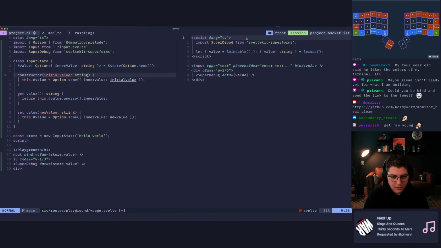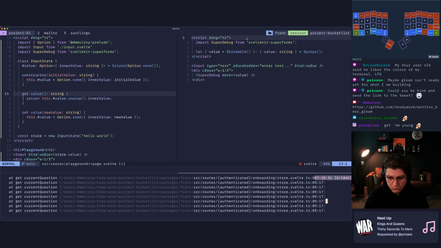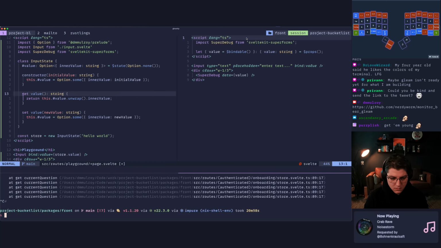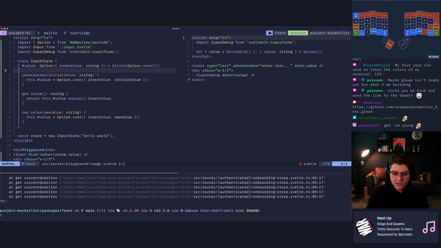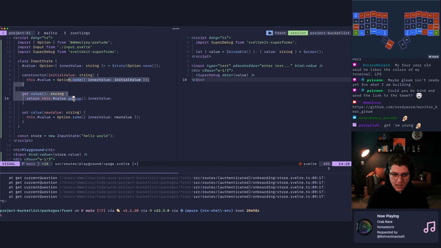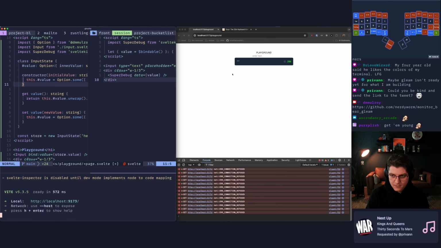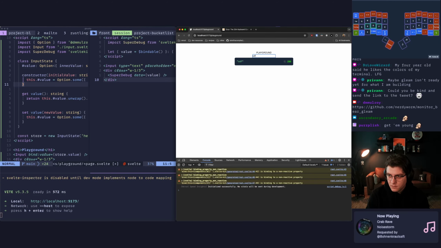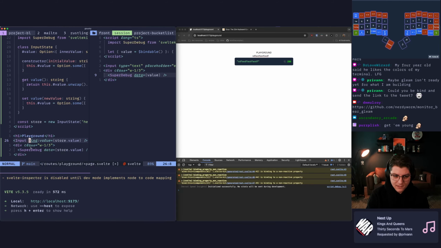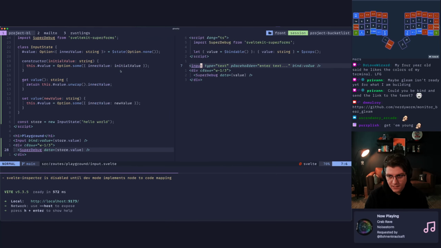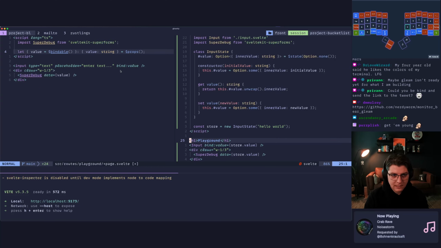All right, let's go over to here. Just to confirm, everybody saw this working, right? We all saw the option doing the unwrap and setting an inner value with setters and reactive state working. Boom. We're passing it down into another component. It's getting it here. In fact, let's use the input component from ShadCN. I want this example to be as close to what's happening in our onboarding flow as we can get it.